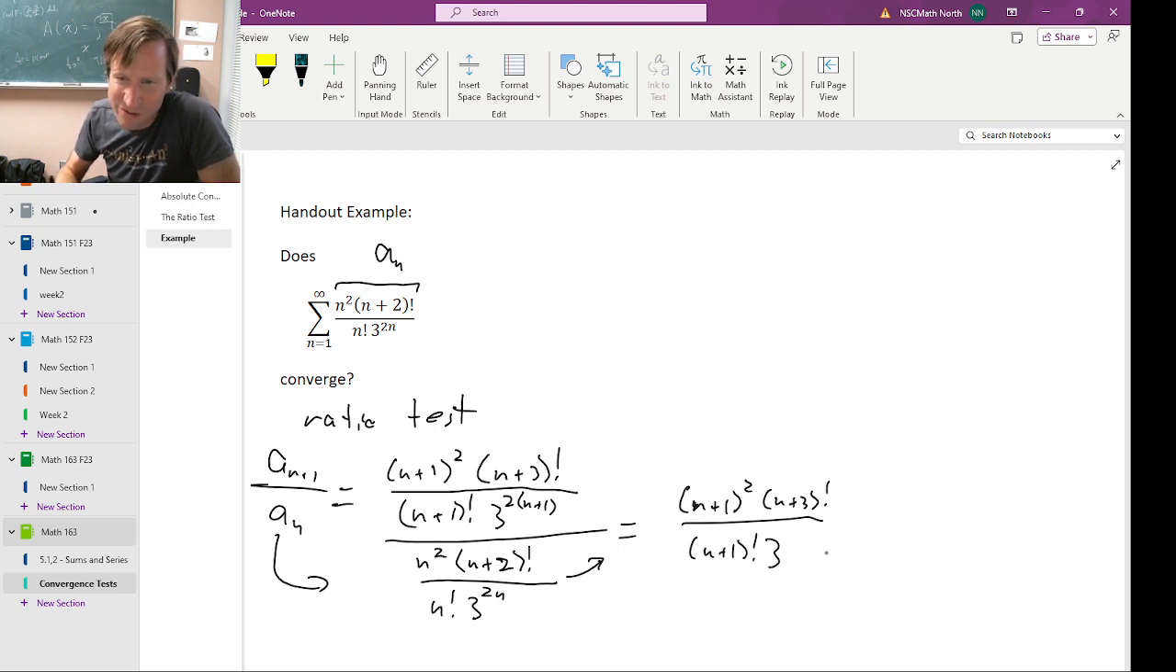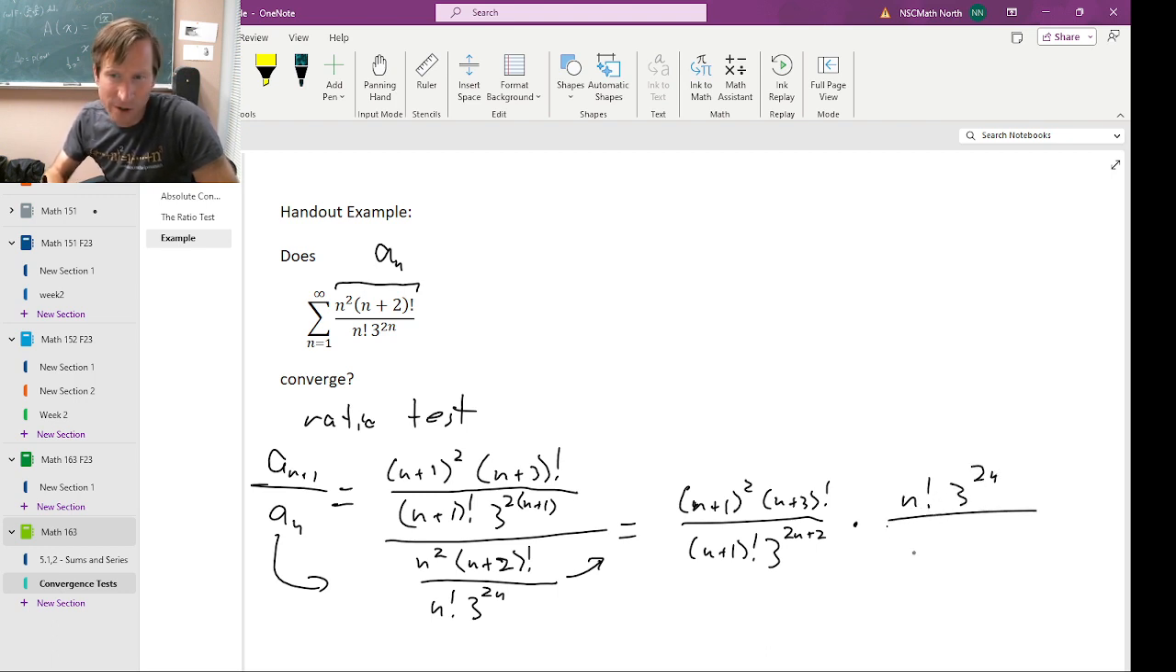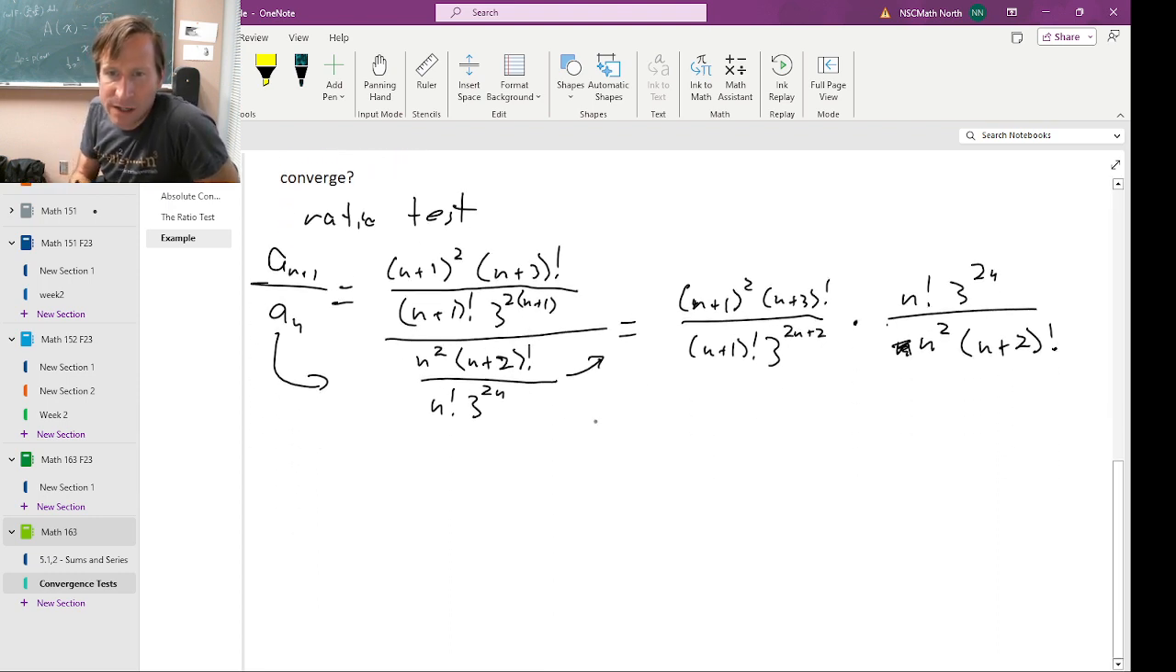I'm going to multiply out this 2, so this is 3 to the 2n plus 2, times, and now we'll slide this denominator up, taking a reciprocal, so we get n factorial times 3 to the 2n over n squared times (n plus 2) factorial. Okay, so what do we get? Let's see, this 3 to the 2n cancels this 3 to the 2n, and so we're left with a 3